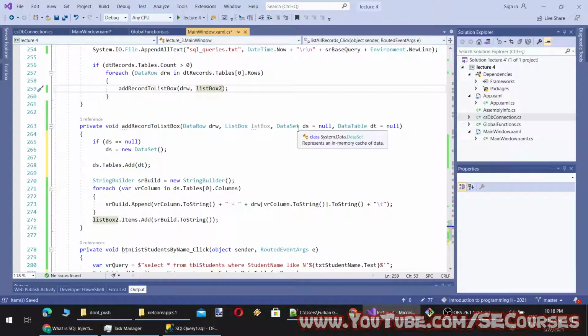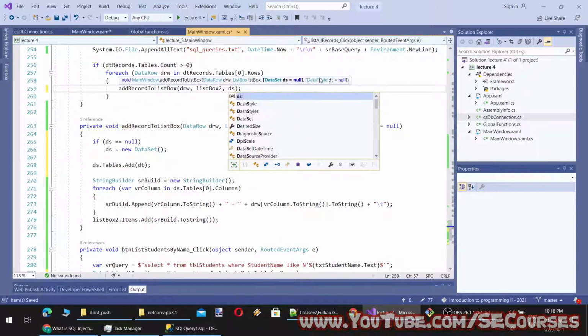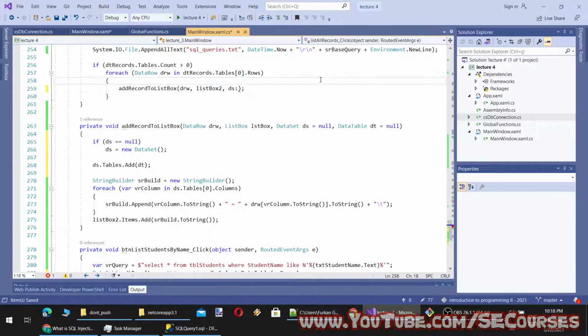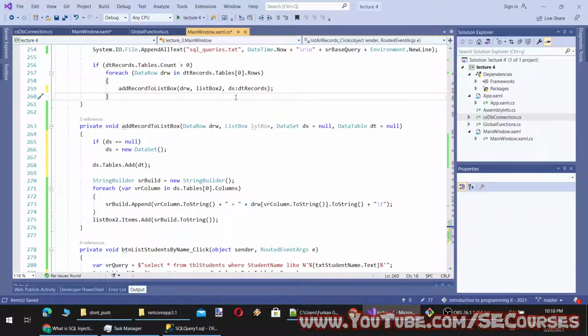Okay, now they can take null values by default, so therefore I will provide the DT records. Okay. So when I provide this data row, this one and this one like this, what do you think happens?